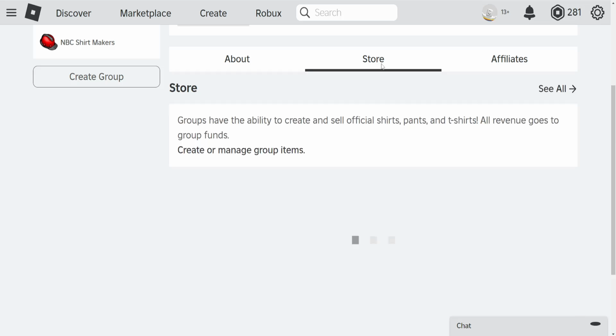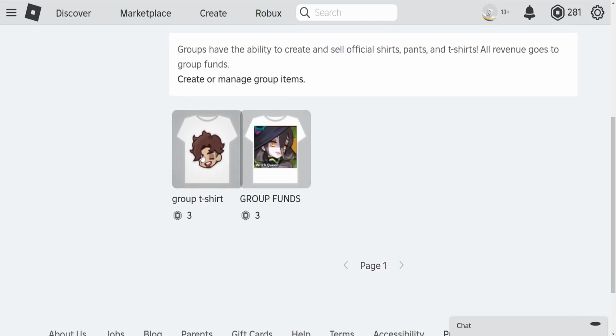and right here I will go into store, and as you can see I've just created this t-shirt design on